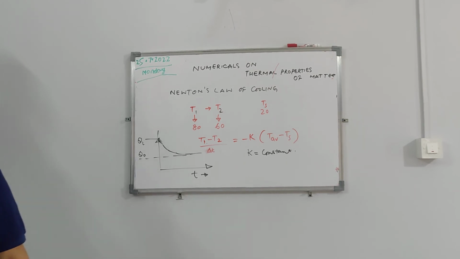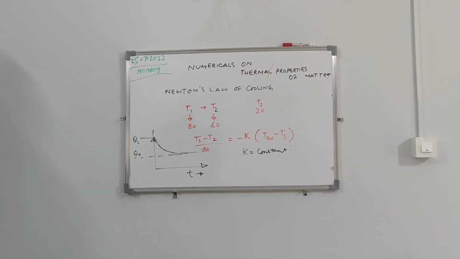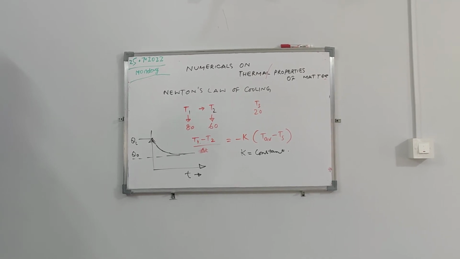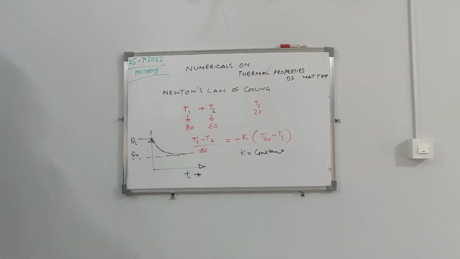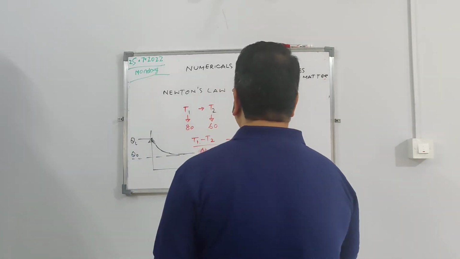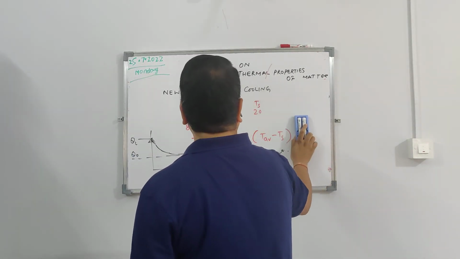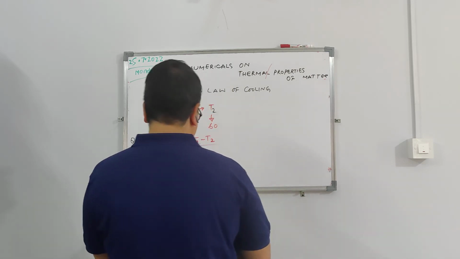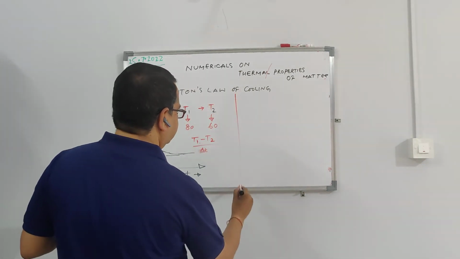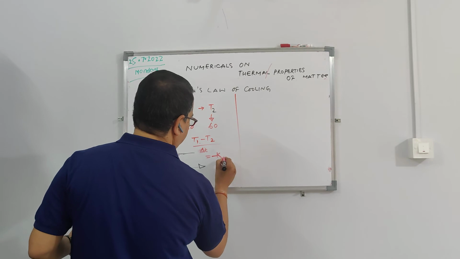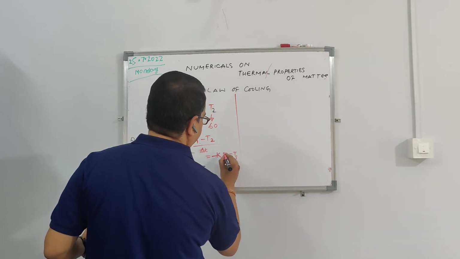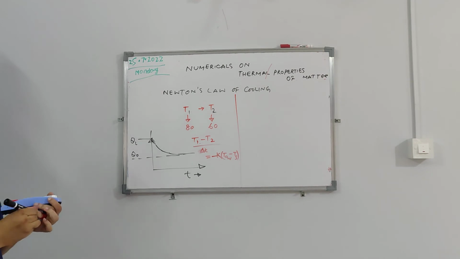Okay, we can do one numerical on Newton's law of cooling. Let us do that numerical quickly. The numerical is like this. It is a JEE question. Let us put it on this side: minus k into T average minus T surrounding, as I have told. So the question is like this: